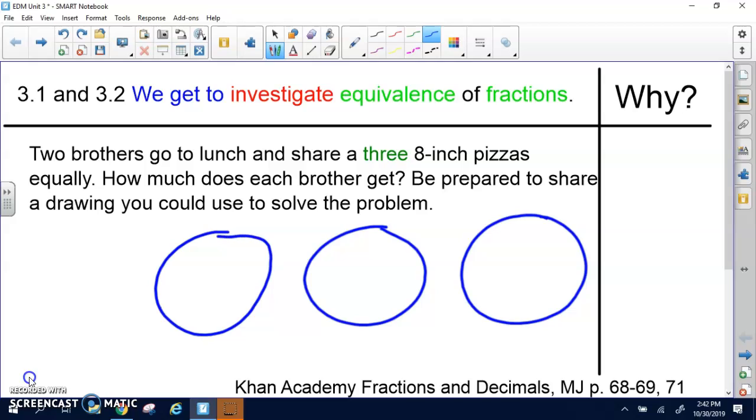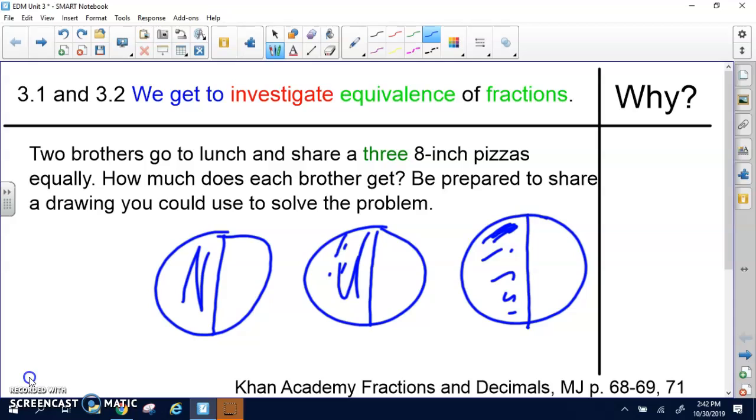There are two brothers, you have to split them in half. And then if there are two brothers, each brother gets half of each pizza. So one brother would get this half, and the same brother would get this half and this half, and then the other brother would get this half, and this half, and then each of them would get